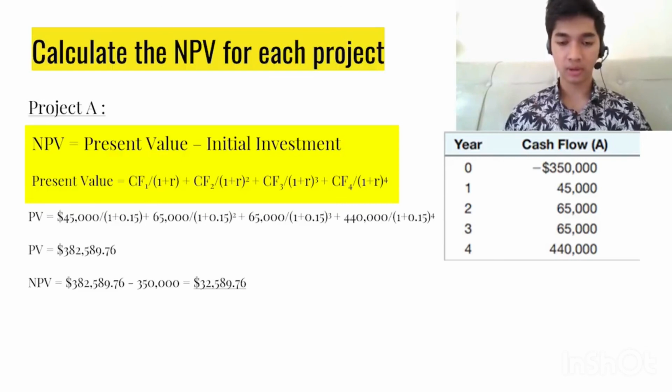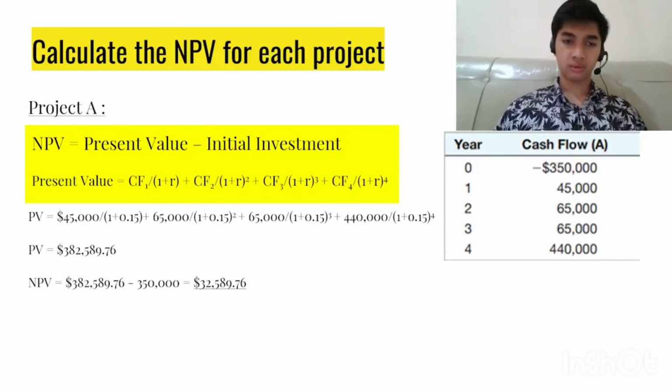$350,000 for project A. To calculate present value, we add up all the results from dividing each cash flow by 1 plus the rate to the power of time. Now we will put each cash flow and year into the formula. $45,000 divided by 1 plus 15% plus 65,000 divided by 1 plus 15% to the power of 2 plus 65,000 divided by 1 plus 15% to the power of 3 plus 440,000 divided by 1 plus 15% to the power of 4, and the result is